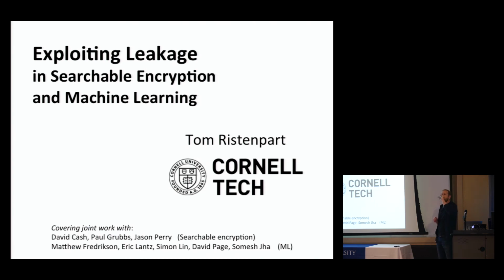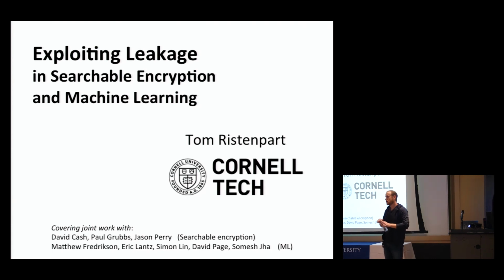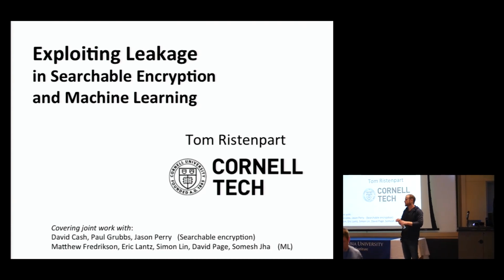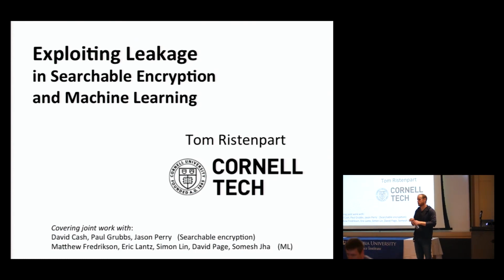Do we have any sense of utility privacy trade-off for these models? Utility privacy trade-off for these models. And these models, you mean the machine learning models? Yeah, if we add some noise, take away. Yeah, so